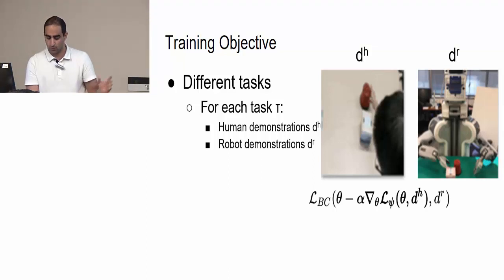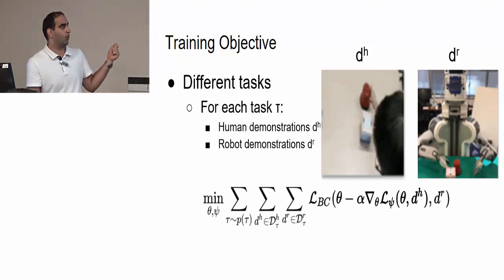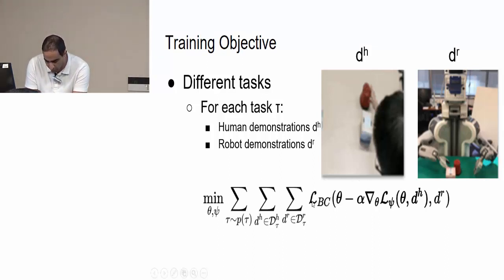And by calculating the behavior cloning loss for the corresponding robot demonstration for the same task, we can calculate this mathematically, and we want this term, this LBC, to be minimum. So our goal is to learn parameter theta, initialized somehow, so that we can perform gradient descent on it based on some loss, and then theta will reach some new parameters which are very good for the robot demonstration. And we can calculate this outer objective mathematically.